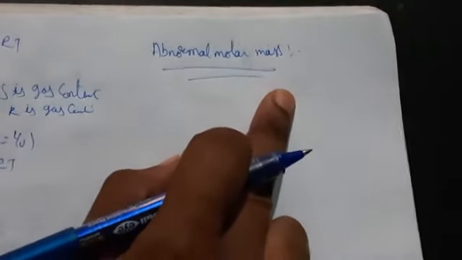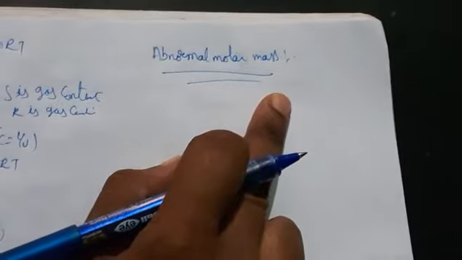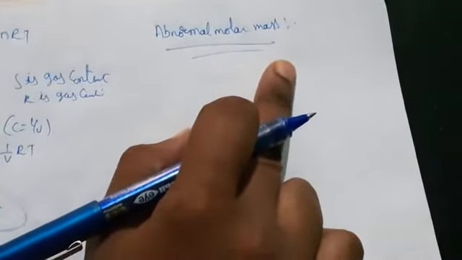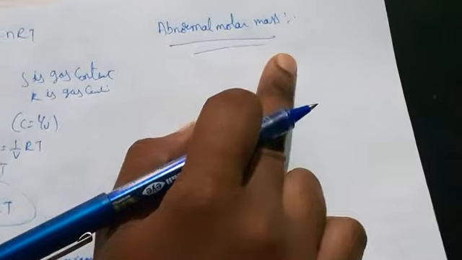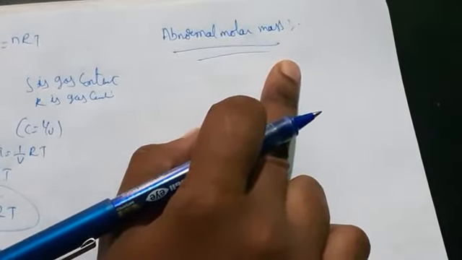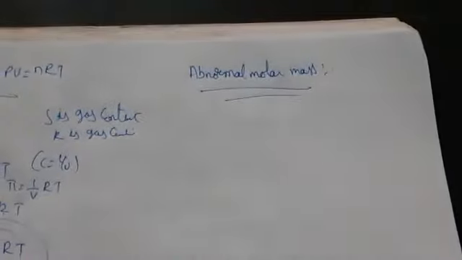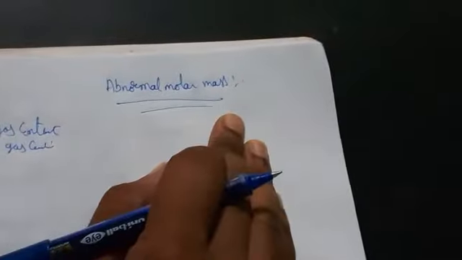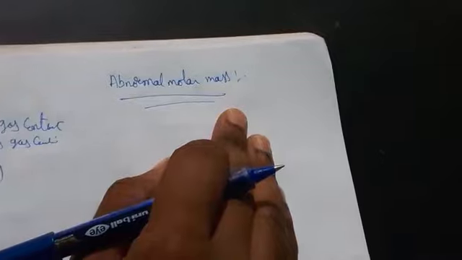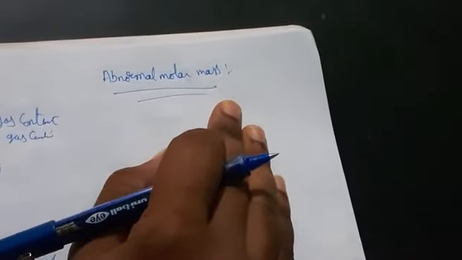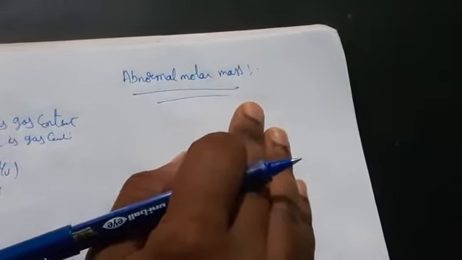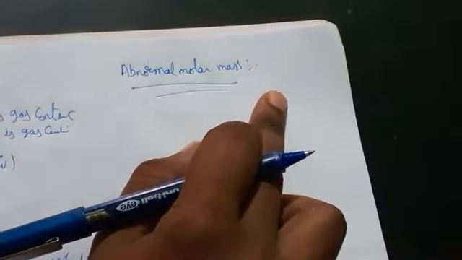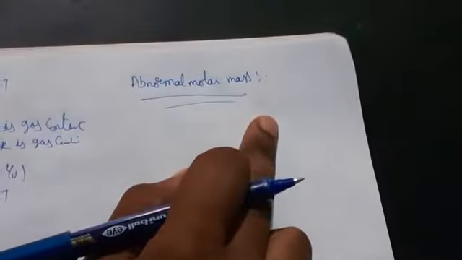So generally here, if you have observed in the previous class, I told you the definition of colligative properties. So what are colligative properties? Colligative properties are nothing but properties that depend on the number of the solute particles but not on the nature of the solute particles. That one we call colligative properties. So we have seen elevation in boiling point, depression in freezing point. Everywhere we are seeing molecular weight of the solute only. Okay, and in osmotic pressure also we have seen the measurement of the solvent and solution.